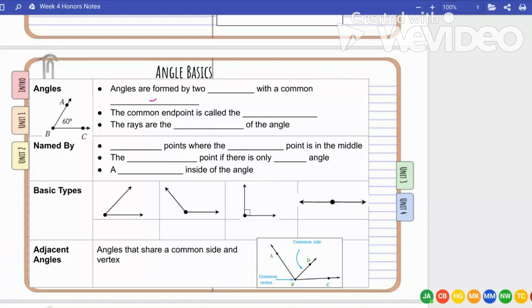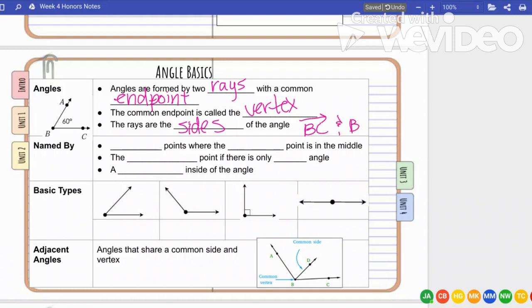Angles are formed by two rays with a common endpoint. This common endpoint is called the vertex. The rays are considered the sides of the angle. So my two sides would be ray BC